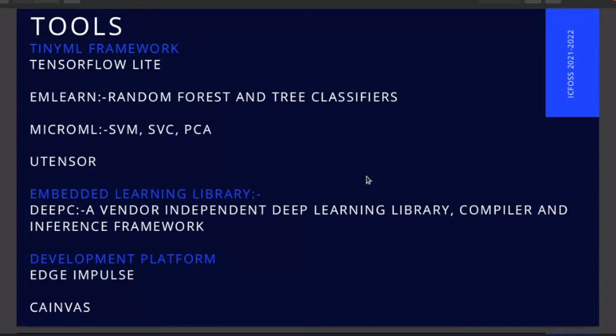Even if you are not an ML developer or machine learning expert, but you know how to code, you can create agentics devices. In that case, we can commonly use the two platforms available: EdgeImpulse and Canvas. EdgeImpulse is very simple and easy, and Canvas also has pre-trained models. You can use the model to deploy in your system.